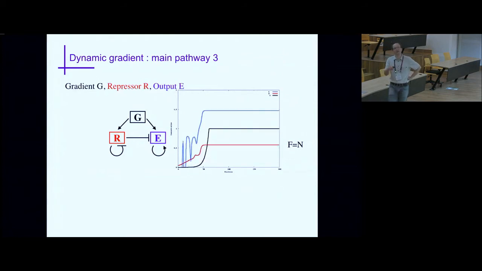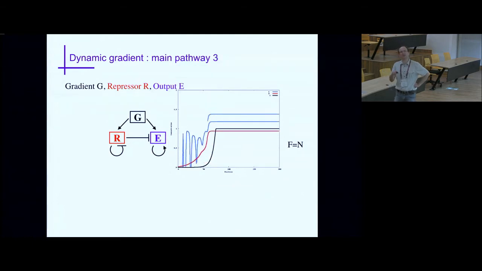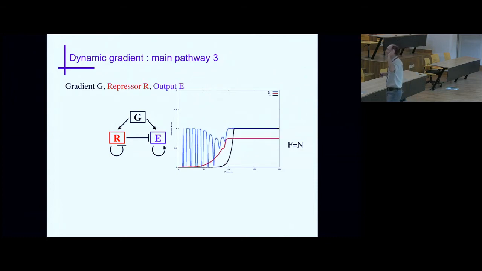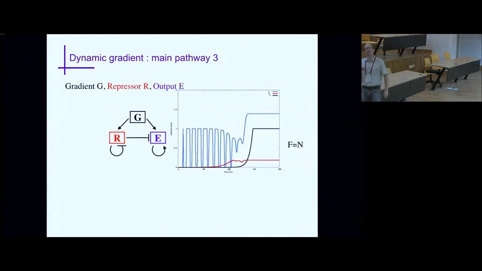It stops when G, so you see you have this morphogen G, and when it drops below a concentration, it no longer activates R, and R stops oscillating. R just dies. Okay? So in the real embryo, this will correspond to the anterior part of the embryo, this will correspond to the posterior part of the embryo.